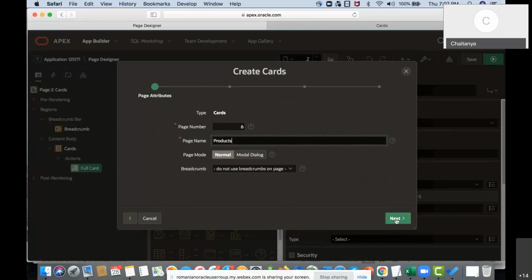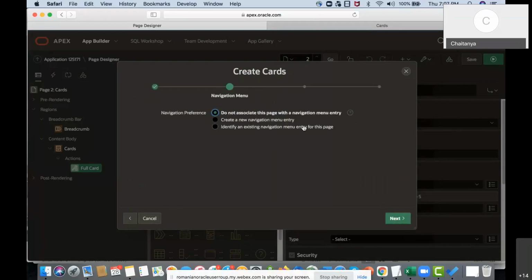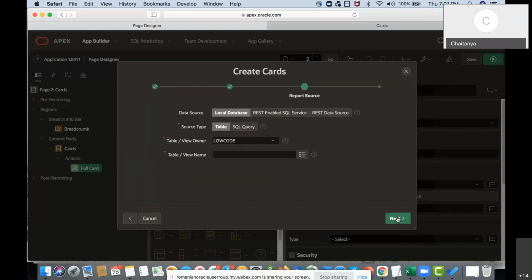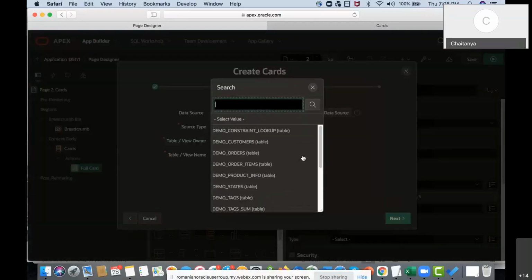And then see next. I create a new navigation menu entry. Next. And then, like you see, the data source can be local database, REST-enabled SQL service, or REST data source. So I'm going to go ahead with the local table itself, and then let me just pick up a table